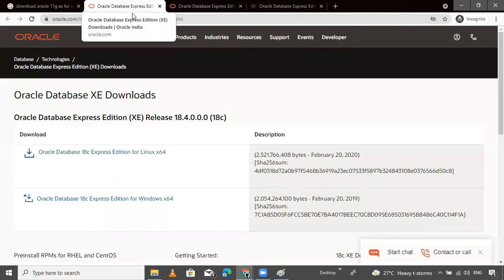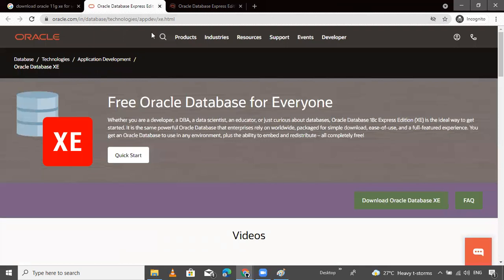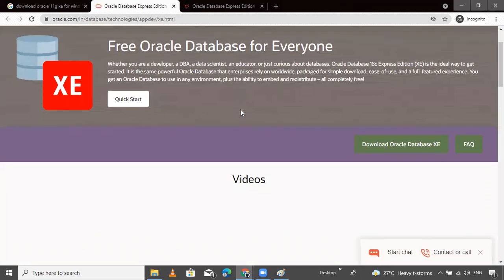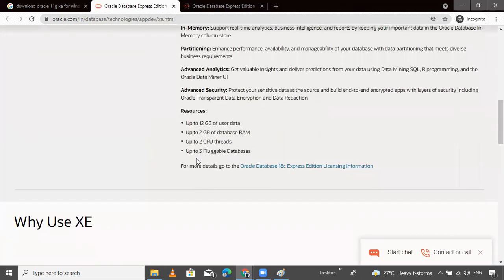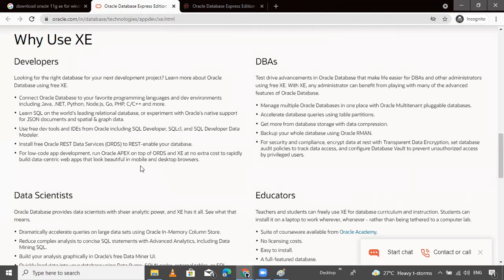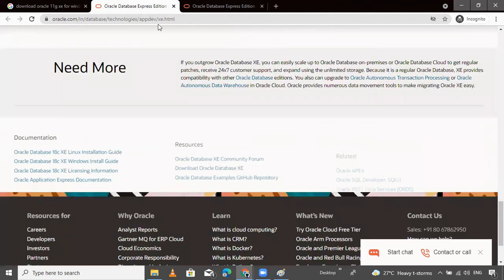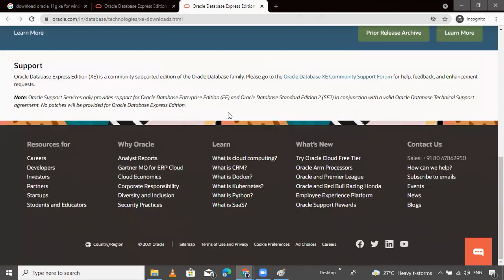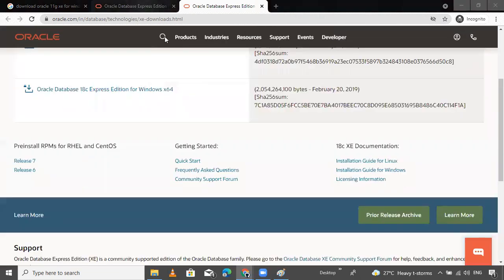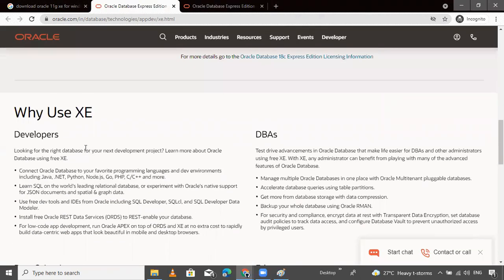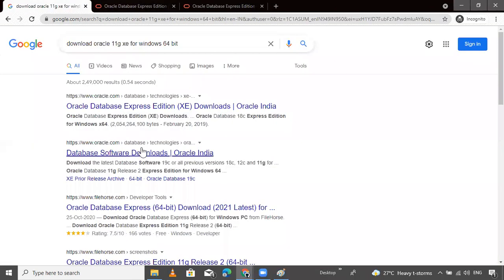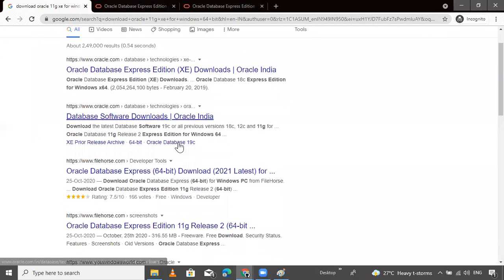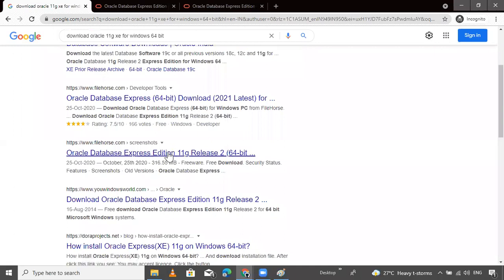This link is not required. I don't want to download this software. Why is it not found? Plus C is showing every time, but I want Oracle 11G. It's taking some time, don't worry.